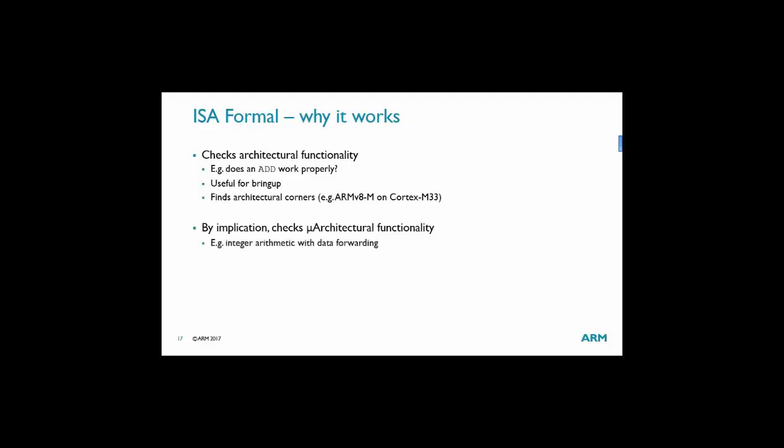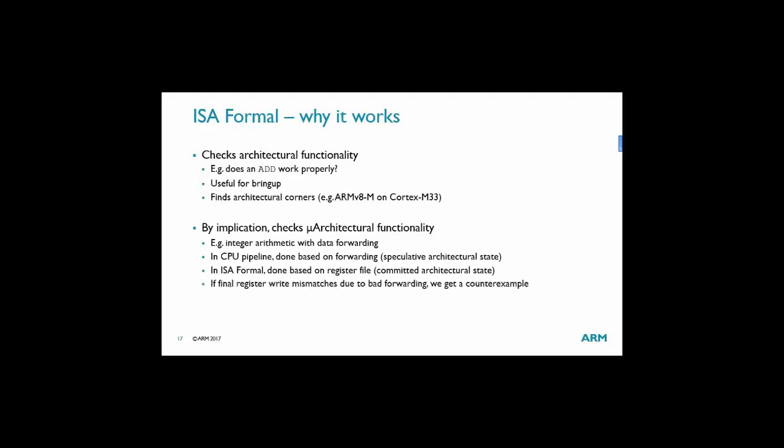Let me illustrate this with an example from what we've discussed already, the integer arithmetic with the data forwarding paths. In the CPU pipeline, very rarely will an instruction actually read the register values from the register file and then write back the result neatly. It will usually be based on some kind of speculative state, either through data forwarding or through something else. So the CPU pipeline does it based on this speculative view of the architecture. In ISA-Formal, this is done based on the register file, based on the committed architectural state. And the key thing here is that if the final register write mismatches inside the DUT because of bad forwarding,